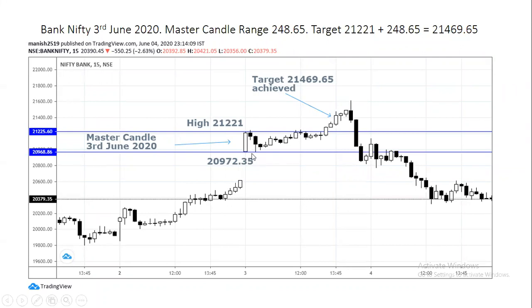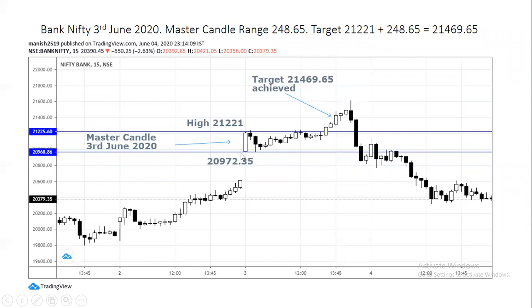As a trader, you don't have to trade each and every master candle coming in your way. You need to filter out which master candle you will trade and which you can avoid. So these two points will help you. Point number one, look for healthy consolidation. Point number two, look for gap up, gap down opening. Even if you are meeting any one point out of two, you can take a trade. See, in this example, we are meeting both the points. We got healthy consolidation. We also got gap up opening.